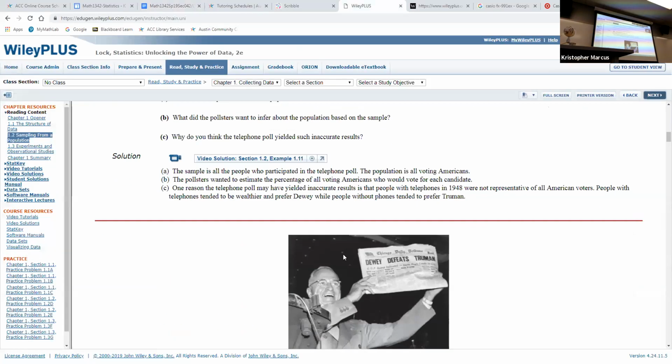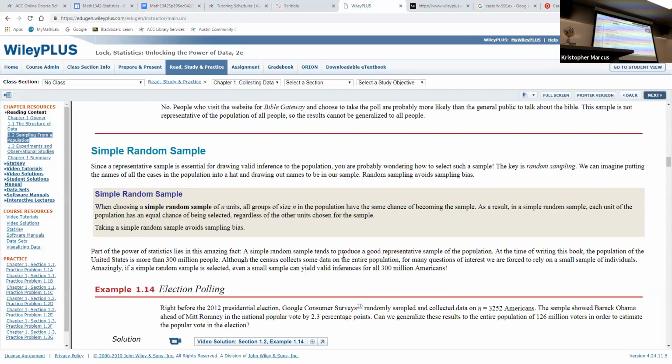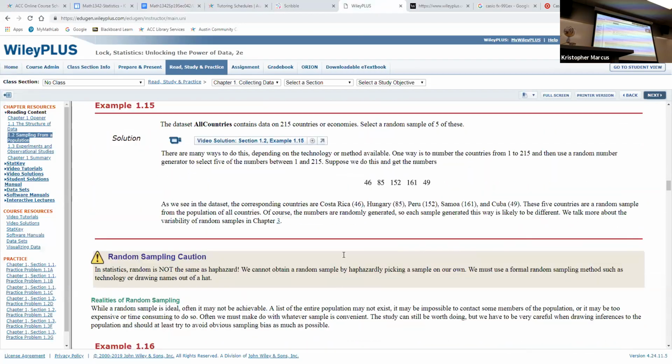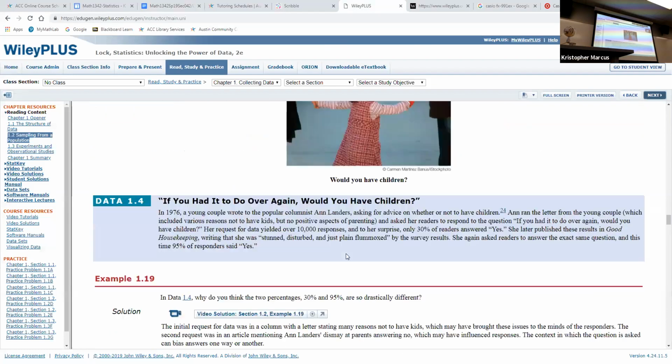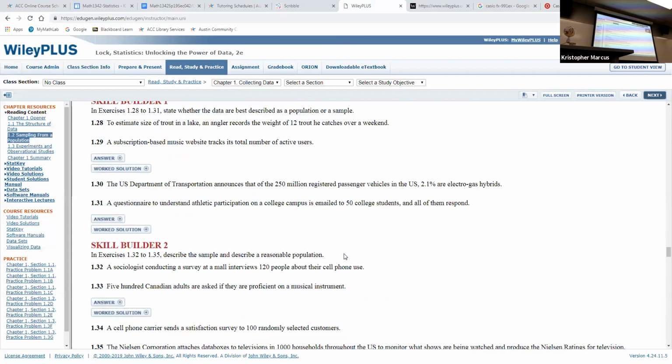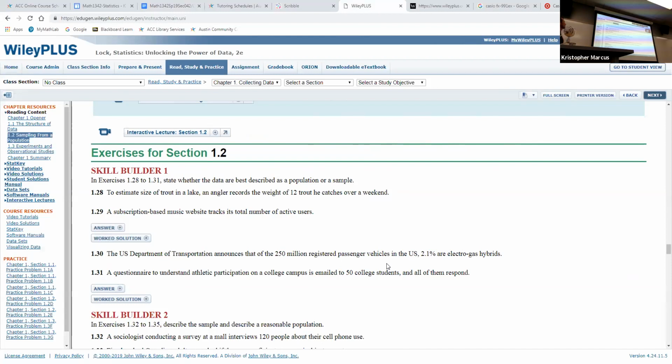Just show you here. If you scroll through this, these are examples, examples, examples, blah, blah, blah, more stuff, examples. And then the exercises look like this. It turns out problem 28 is the very first problem out of section 1.2. So the numbering system's a little quirky with problems. But other than that, it's not very hard to find where they're at. It'll either say exercises or skill builder, and then give you instructions on what to do for the problems. Questions about where the problems are?